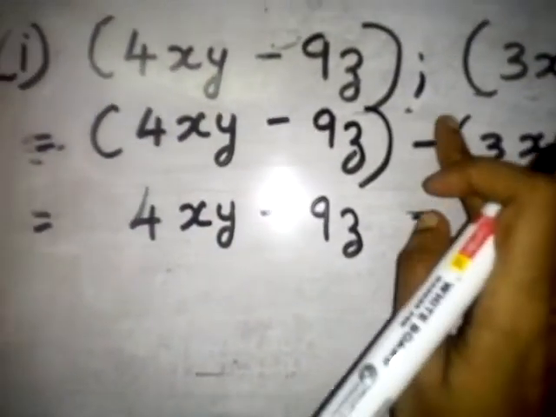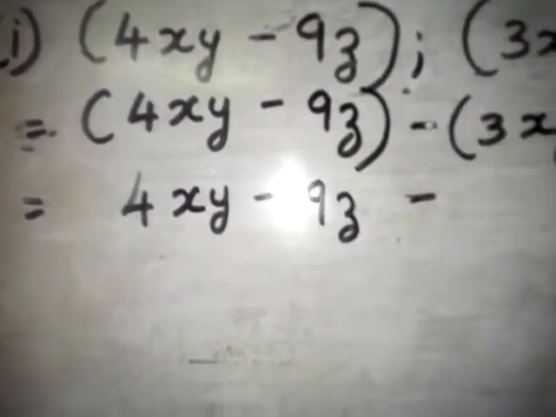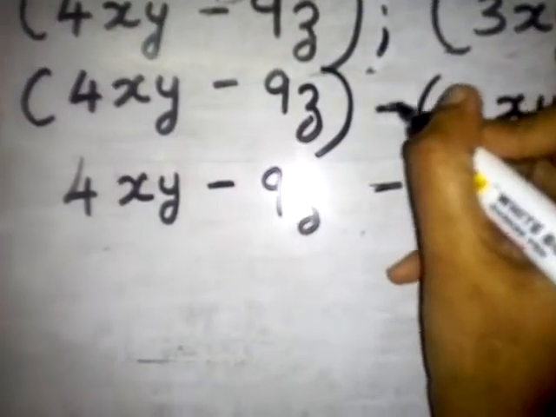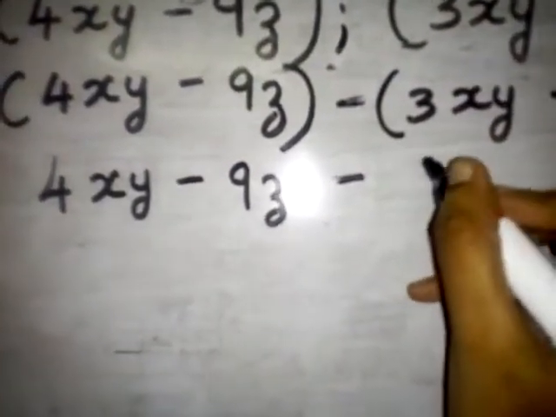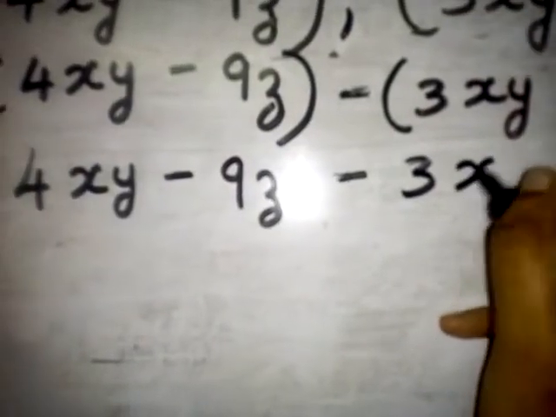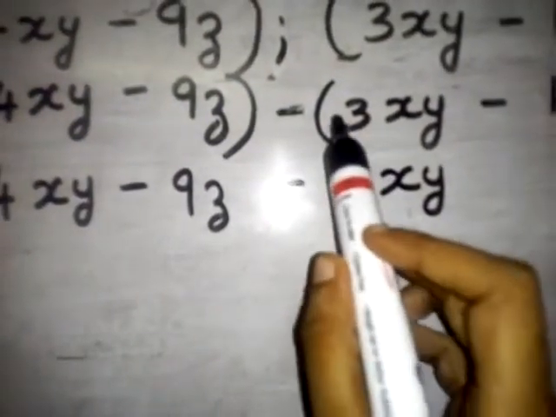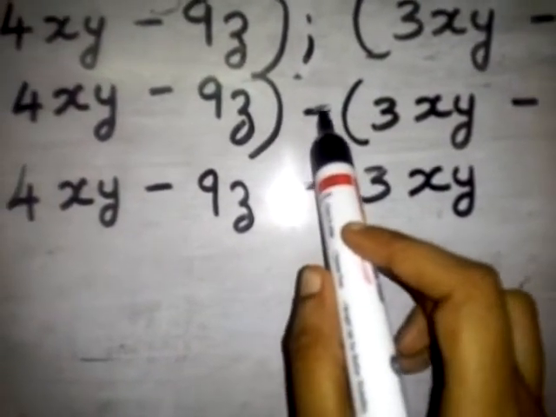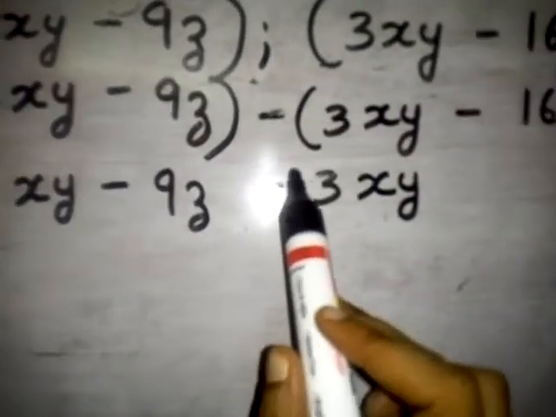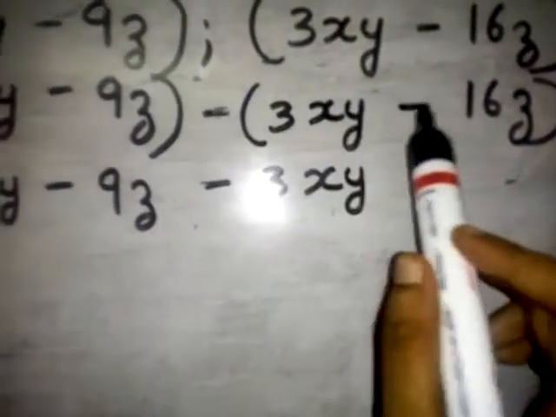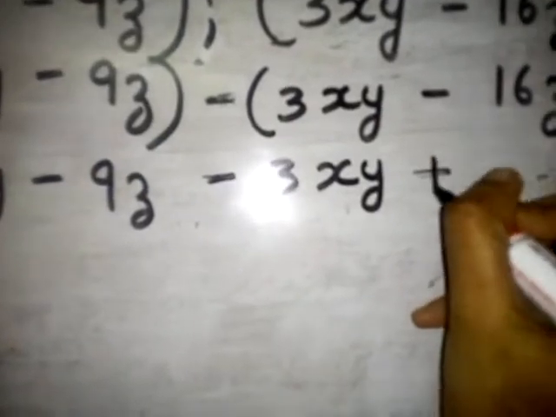Minus into plus is minus, so it will become minus 3xy. Here plus 3xy was there; after converting, it becomes minus. Then minus into minus becomes plus